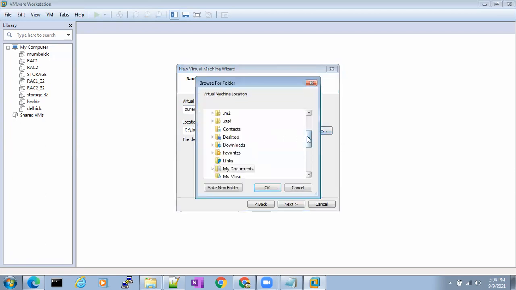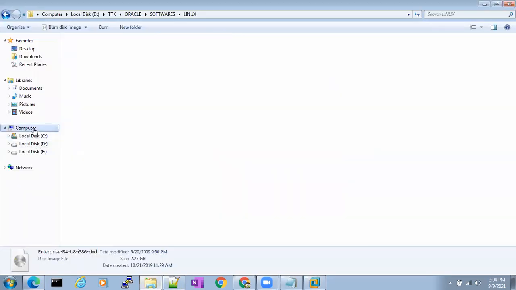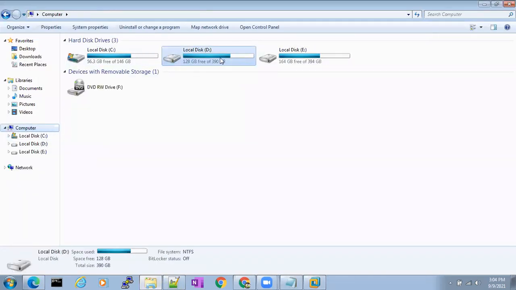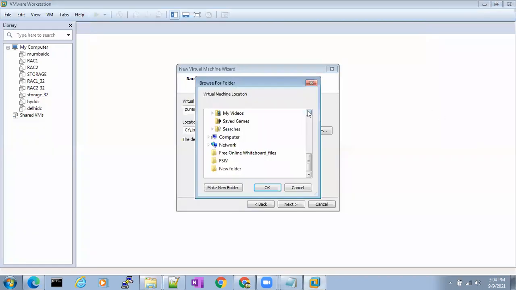You are installing one Linux operating system. It's nothing but a server. Now check where the space is available in your drives. There should be at least 100 GB available. My E drive has the space. So I'll go to My Computer, E drive,